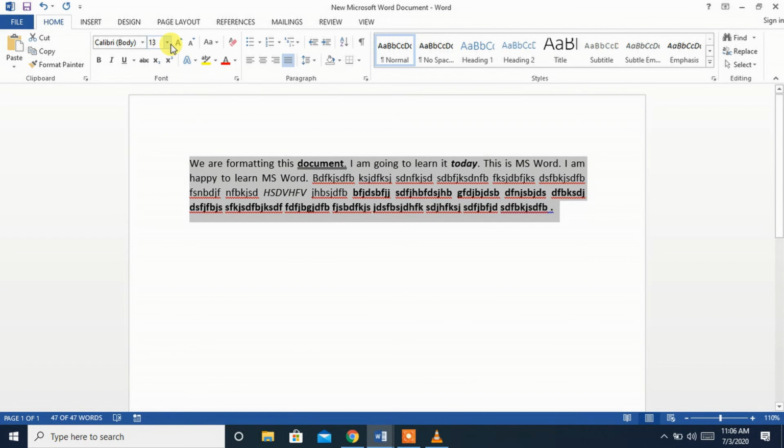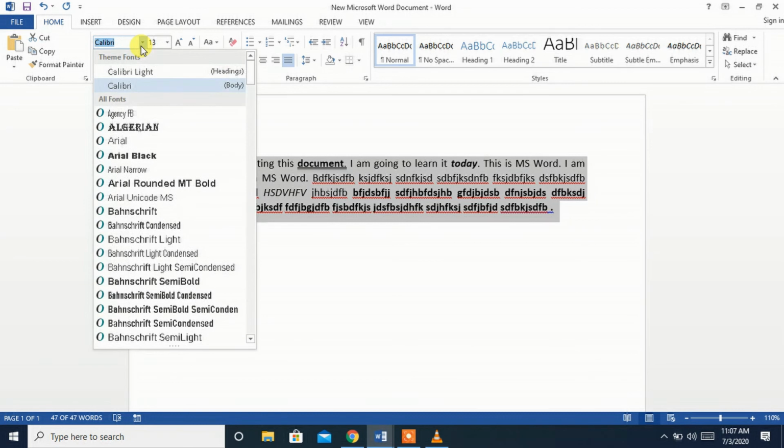One thing you have to notice, before doing anything, you have to select that particular thing. You have to select that particular sentence or word, whatever you want to change the size. So this is how to change the size of a Word document article. Then next one is font type.